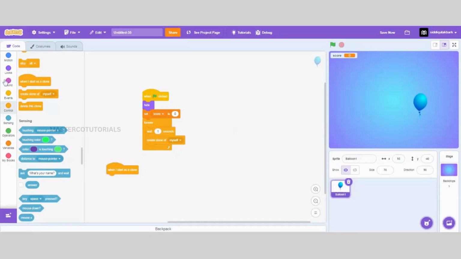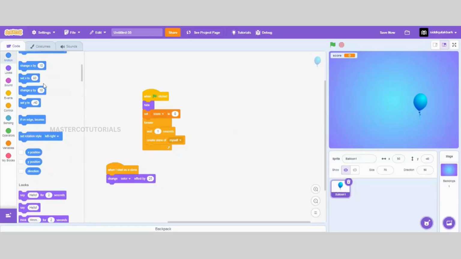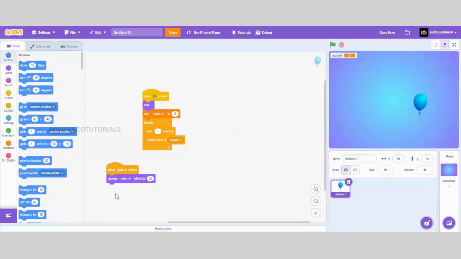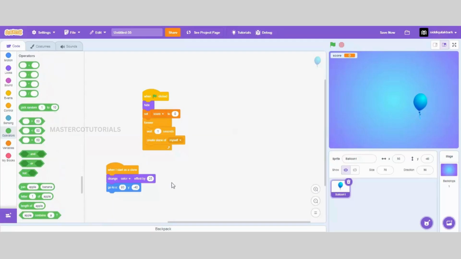When I start as a clone, change color, and go to X and Y, pick random 1 to 100, and for X pick random minus 200 to 200, and Y is equal to minus 150, and